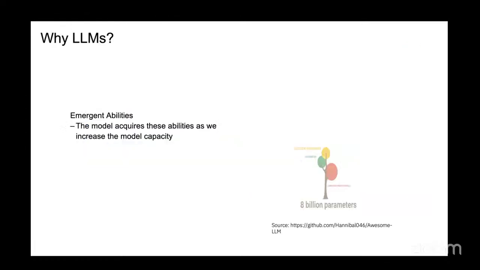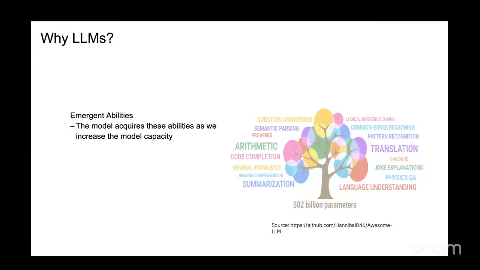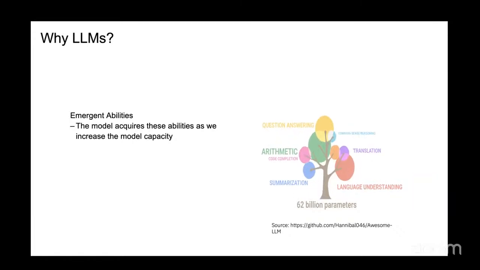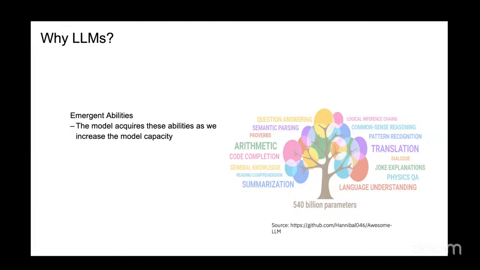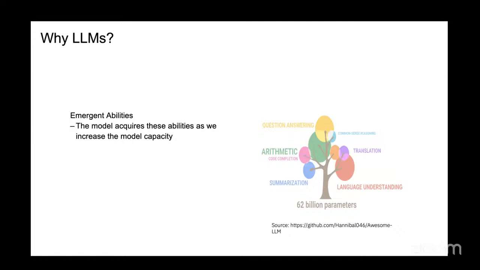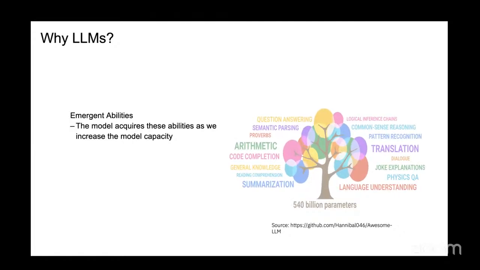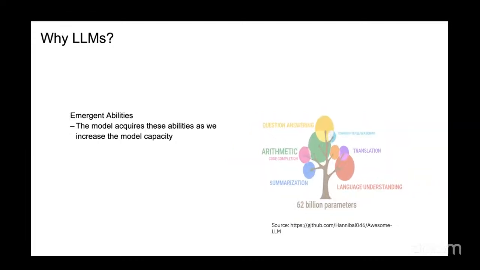What we realized is that as I started building larger and larger models, the model learned more and more tasks. For instance, if I started with a smaller model, it could do only like 5-6 tasks at a time. When I started scaling them, I started seeing that one model can do multiple tasks. For instance, ChatGPT has a few hundred billion parameters, and as I increase the size of the model, I see more and more abilities emerging.